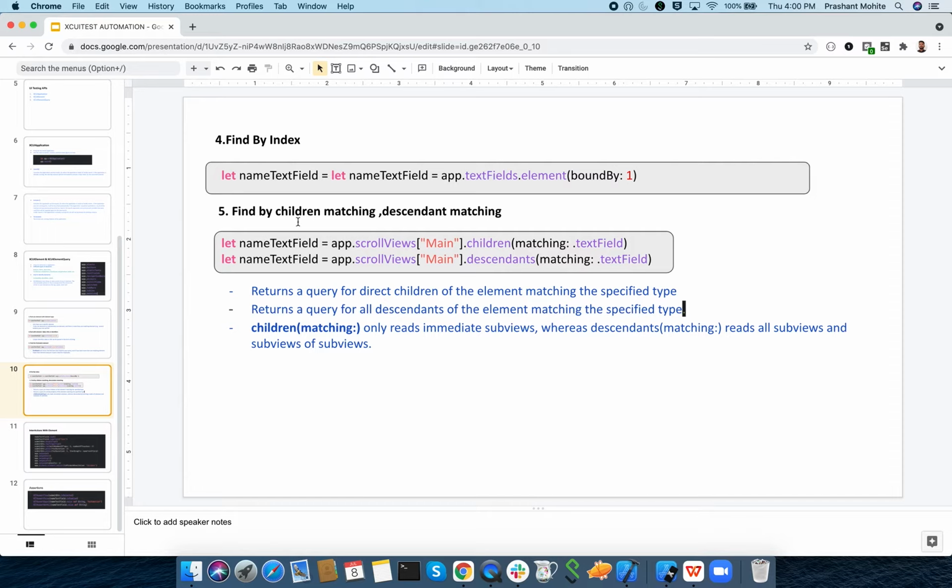Also you can write queries where you put matching children or descendants matching, with the type of that particular element or its identifier, and you can find those elements. So this is all about XCUIElement and XCUIElementQuery.